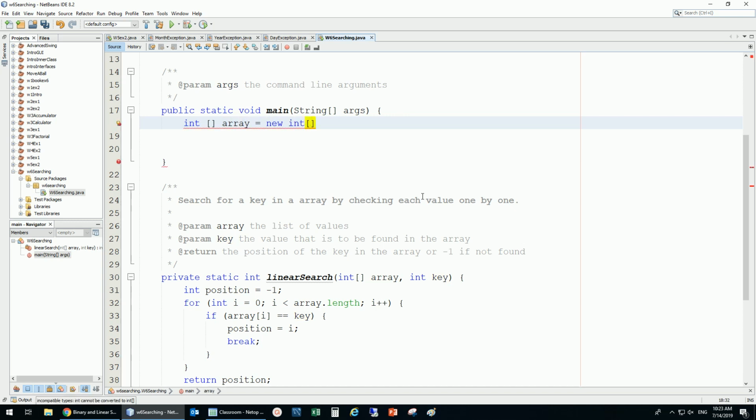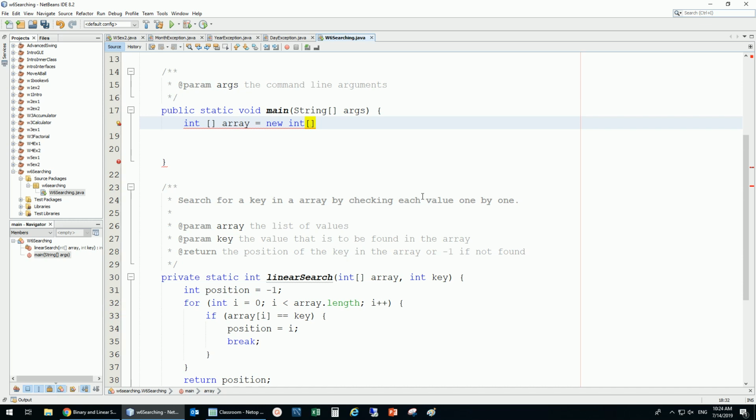Now, how to put those things? Let's say I'm going to initialize the array. Now, my array is going to be new int of, I don't know, what's the size? You know what, this is just giving me an idea. I would like to have the size of the array to be random. I don't want it to be always 10 or 5 or 100. I just would like it to be randomly between, I don't know,